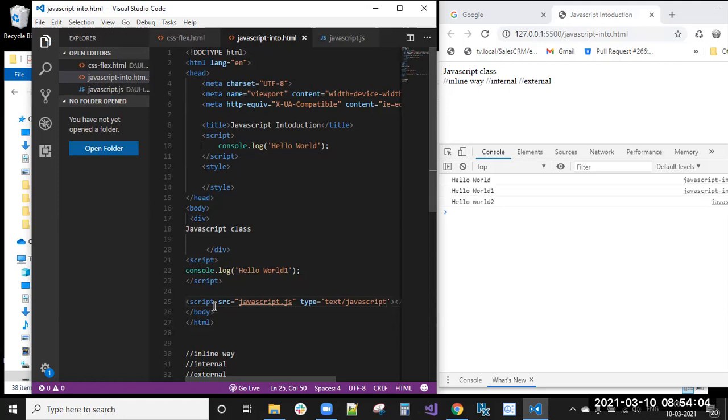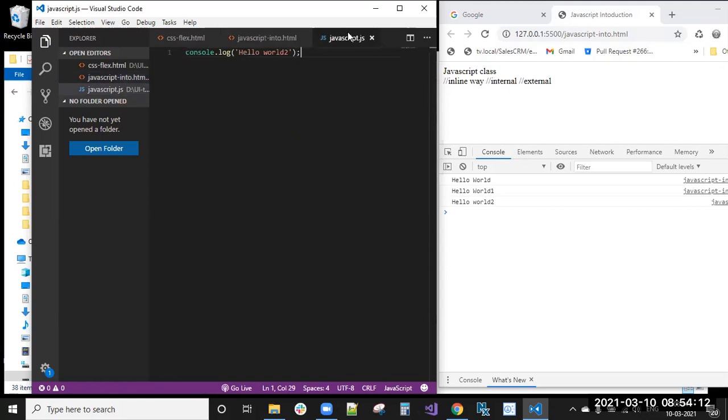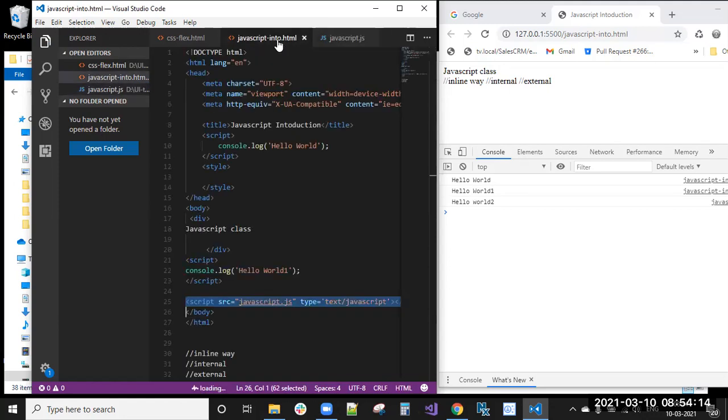Now you can see that first hello world is loaded, next hello world 1 is loaded, and this hello world 2 is loading from the external JavaScript file. So it is loading live. See, I'm saving and it is reloading. That is the advantage of this live server.